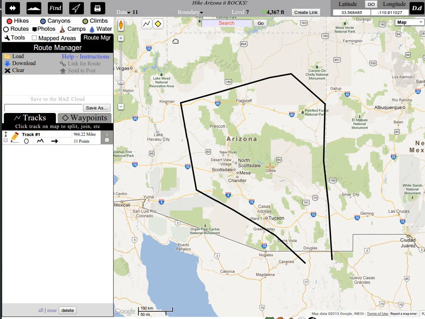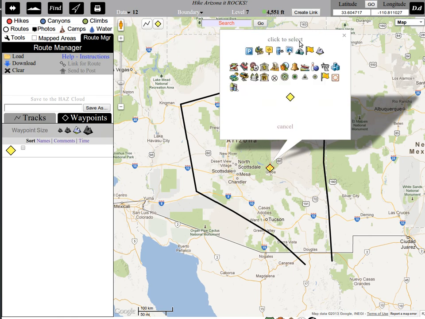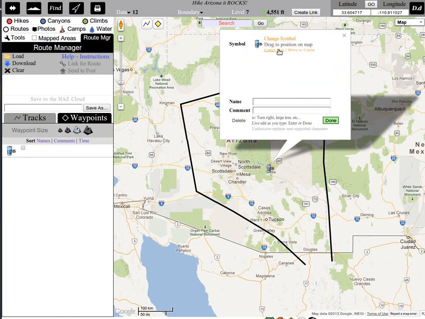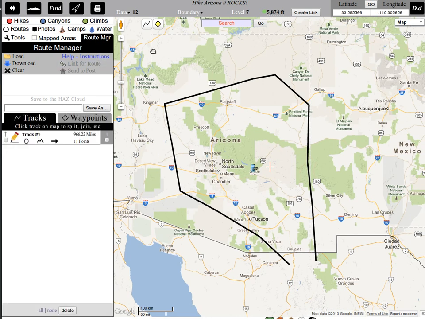Let's go ahead and create a waypoint. The waypoint is going to go at the center crosshair in the map when we add one. Boom, there it is. You can change the symbol, and you can type a name, comment, and whatnot. Alright, I'm going to go back to tracks. Now that you know the basics of it,